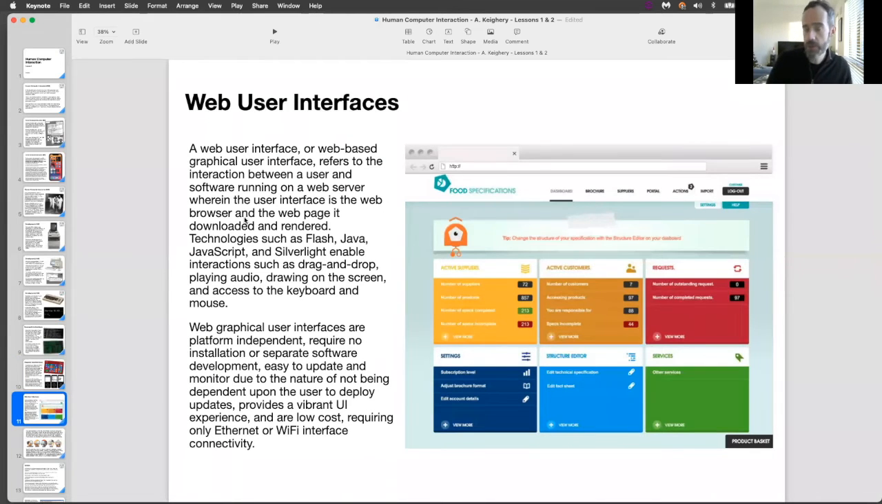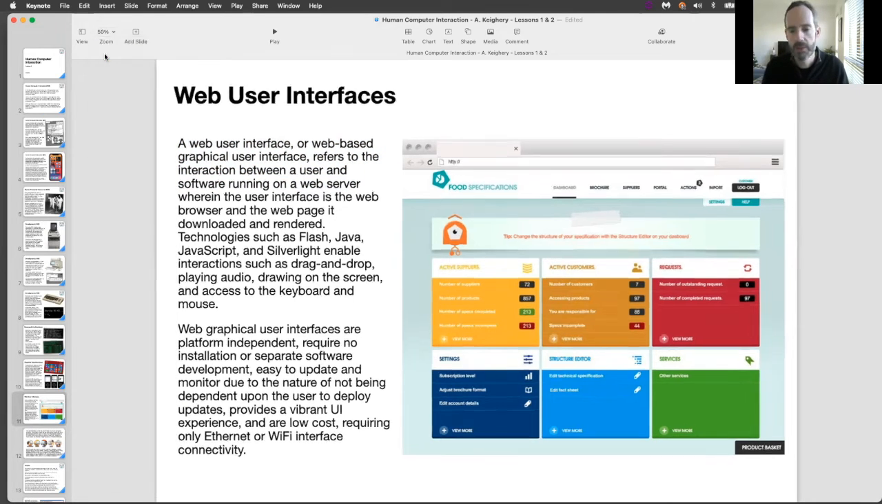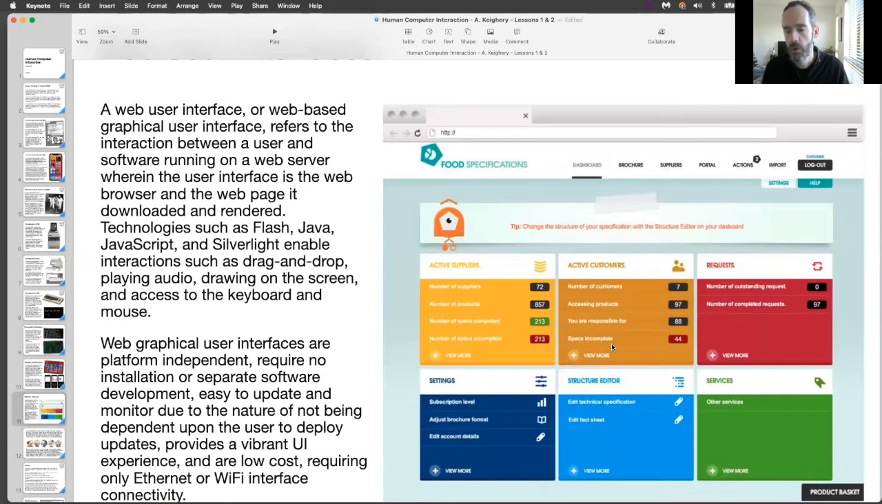Right, so another type of user interface that you're probably familiar with, web user interface. So this is the type of interface that you see on a web page, right? So web user interface refers to the interaction between a user and software running on a web server, right? Now, if we take this and I'll zoom in a little bit. If we take this as an example of a